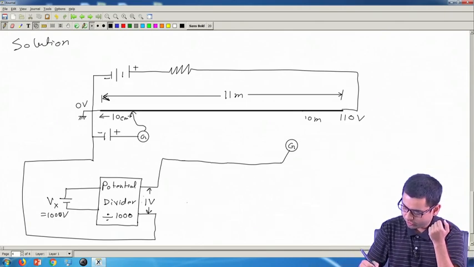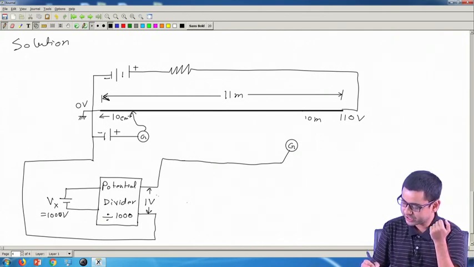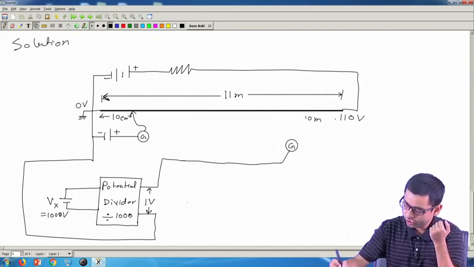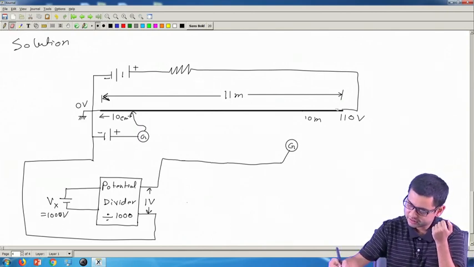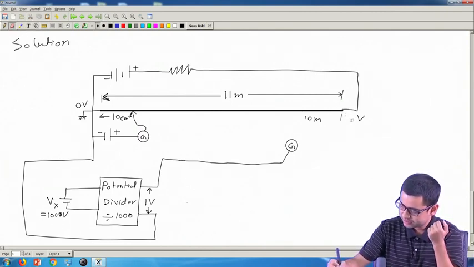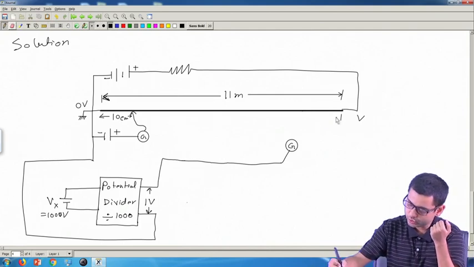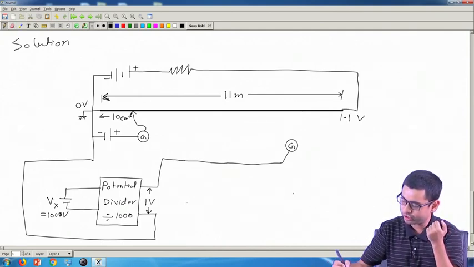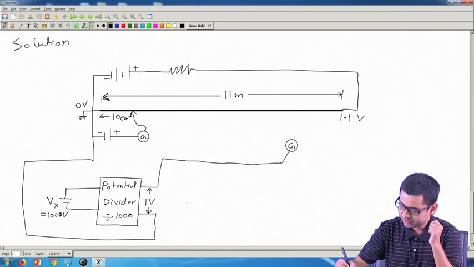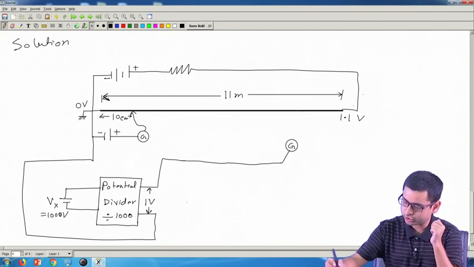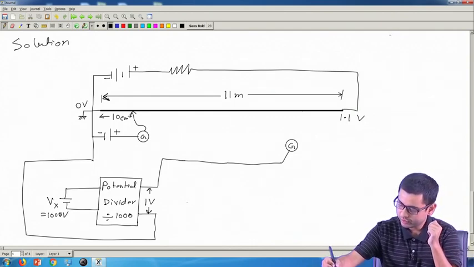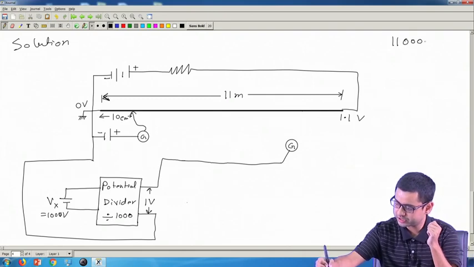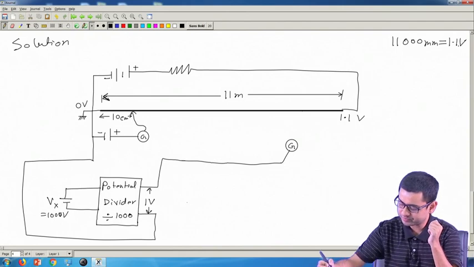And so, the voltage that we are actually measuring is 1 volt. We are not measuring 1000 volt, we are measuring a much smaller voltage. Therefore, we can choose to set this side to have something around 1.1 volt, that is enough. Okay. And if we choose 11 meter or 11,000 millimeter to be 1.1 volt,